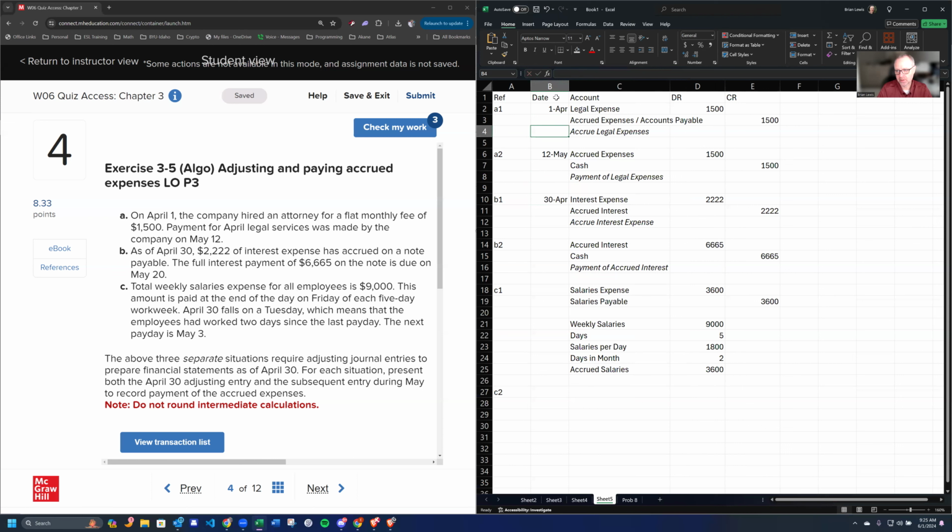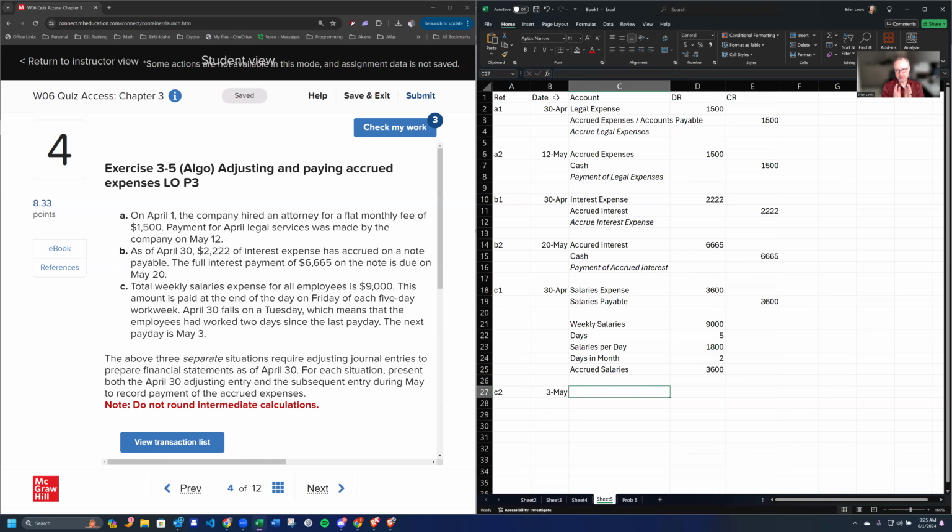Oh, but we're doing these on the end of the month, so 4/30. Accrued, this is still 4/30, but then actually the payment was on 5/20. This is 4/30, and then the payment is going to be on 5/3, right? Weekly salaries expense, this amount is paid at the end of the day on Friday of each week. Okay, yeah. So now this is going to be for the full amount, and this is going to be,